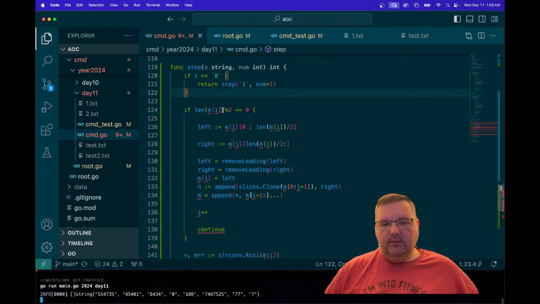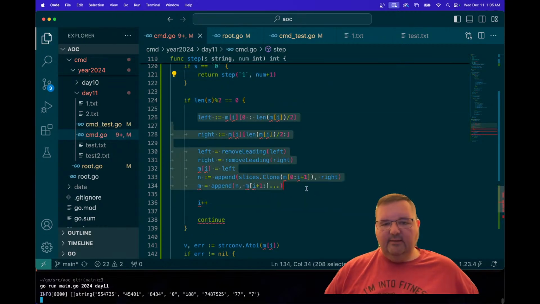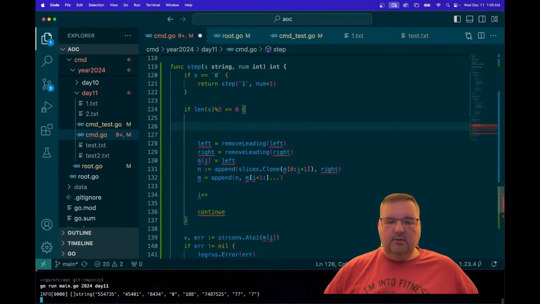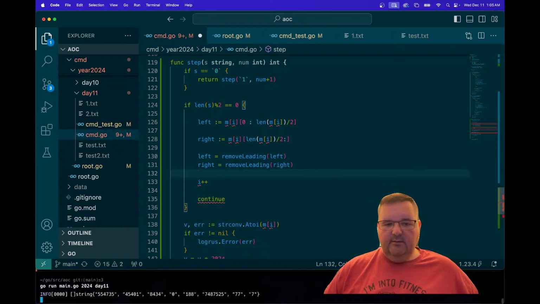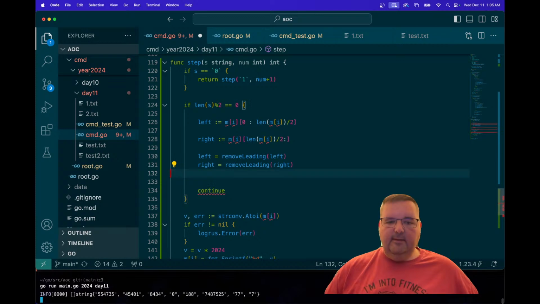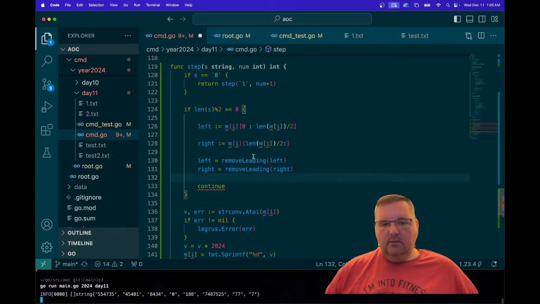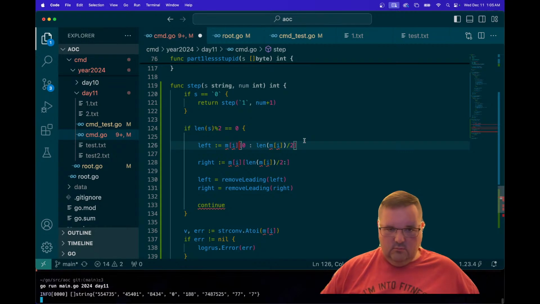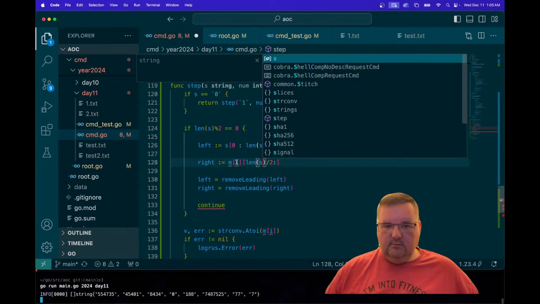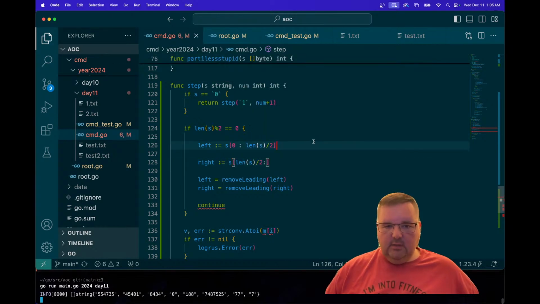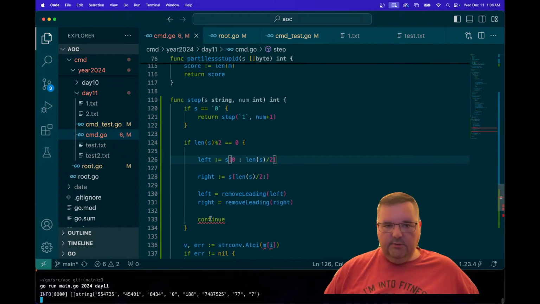Cool. All right, so then if this is true, then we actually don't have to split and reconstruct anything here, but we do need to remove the leadings. I'm gonna keep that, and then this just goes away because that doesn't matter anymore. And I want to call this S, this S, this S, and this S. Right, and then we want to return